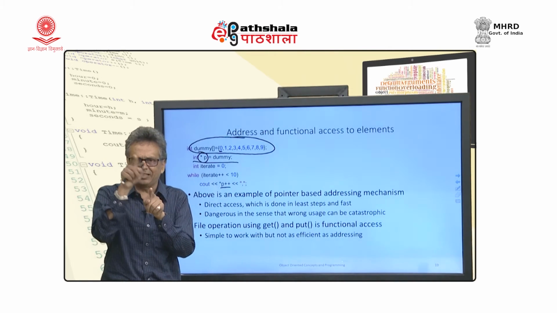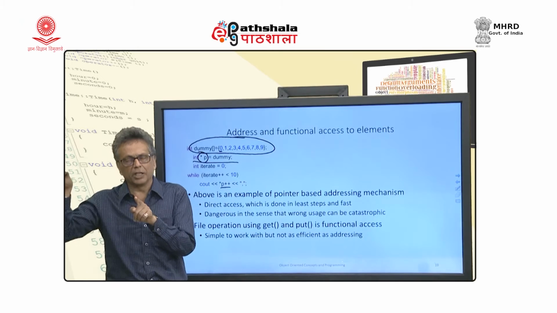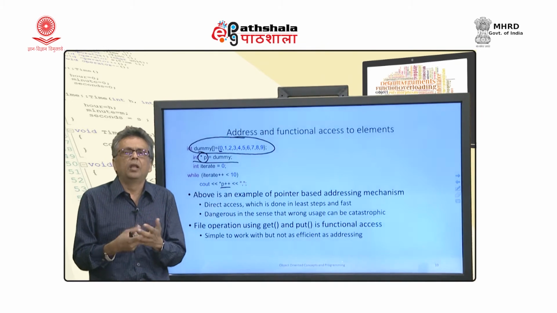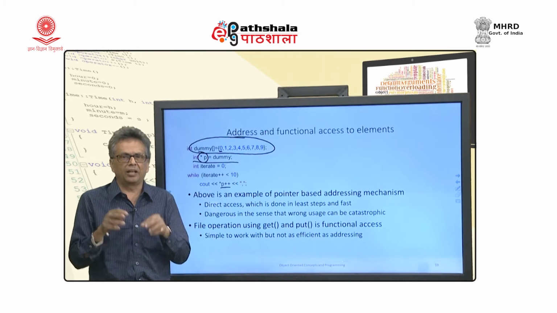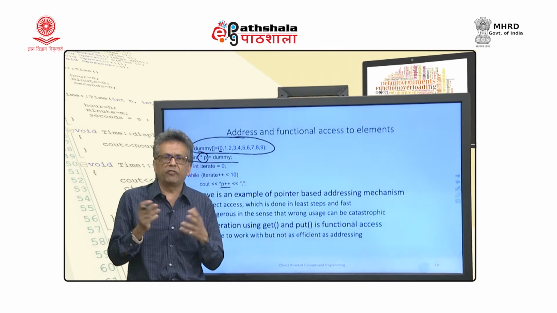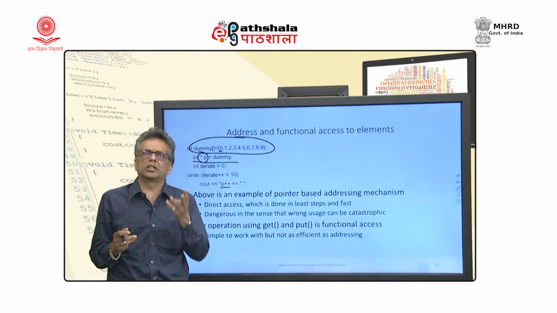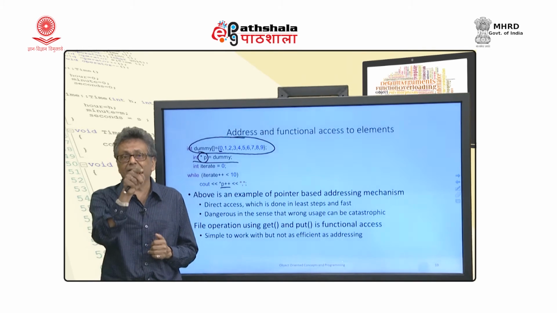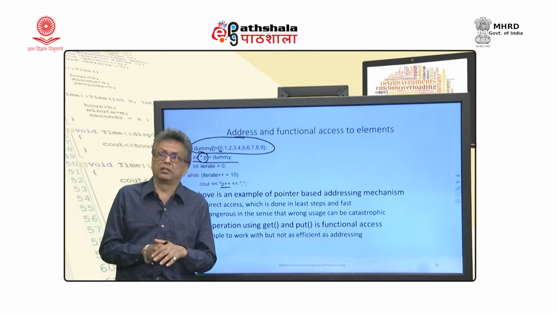You just point there and just change. Increment p plus plus will point to the next element, and star p will dereference that pointer and give you that value. That is called the address mechanism, which is very fast because you need only a few statements to address an element. It is very powerful, you are directly addressing that element, but it is also dangerous